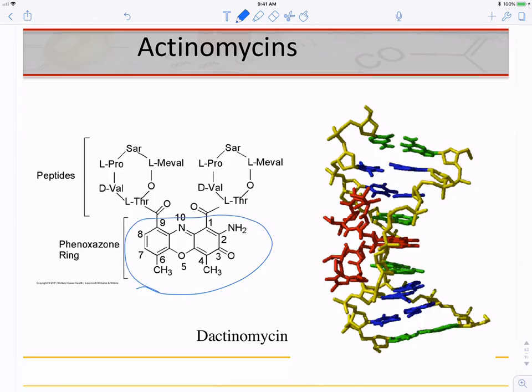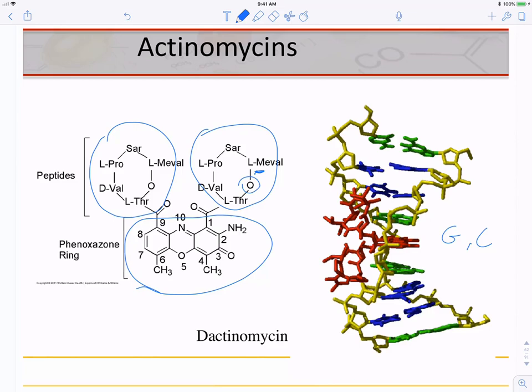aromatic ring that intercalates in DNA and particularly prefers G-C pairs, right? And then attached to this ring, we have two cyclic pentapeptides in which we have non-canonical amino acids. So this is a non-ribosomal synthesis. And we have the formation of a lactone between the C-terminus of the methylvaline and the side chain, the oxygen